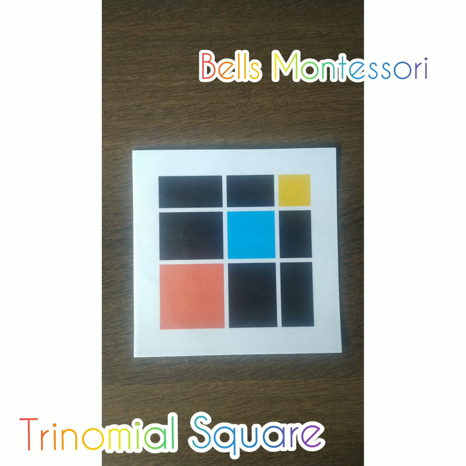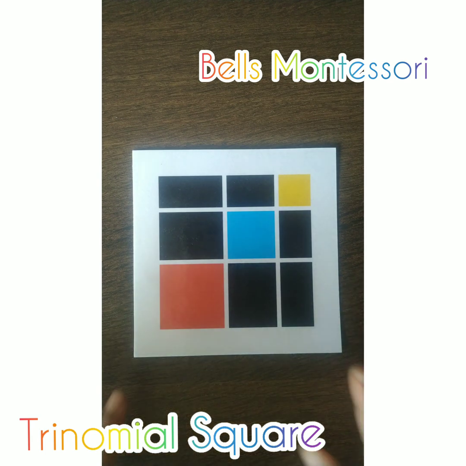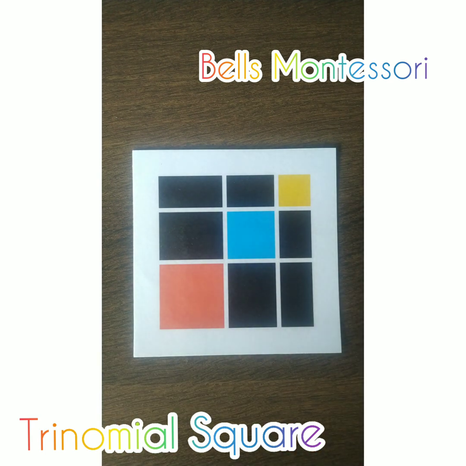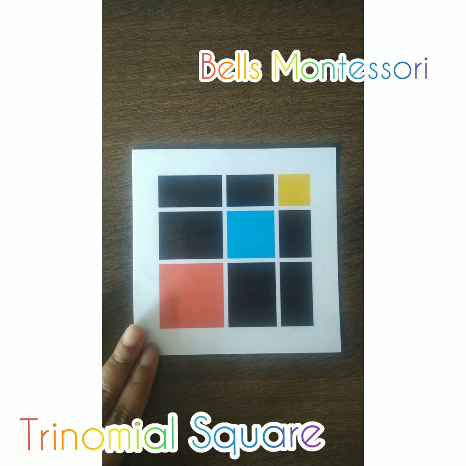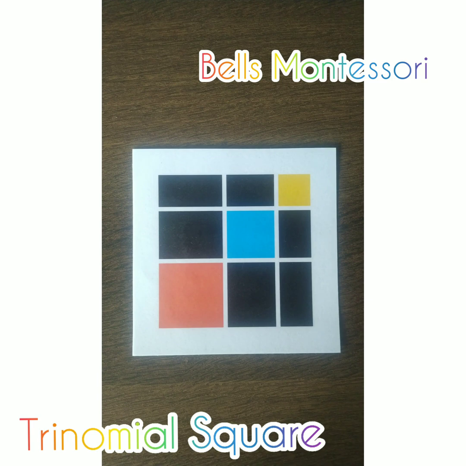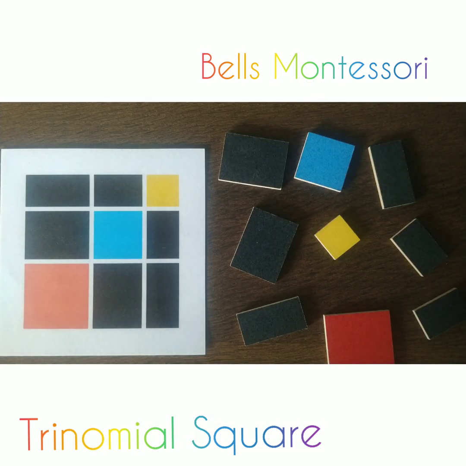Yes, now let's do how we can do the things. So there are two types we have to do. One is that you have to build the same figures here with the material which we have already given, and one without the base you have to construct. Now let us construct it with the use of the base. Let us see how to work with the trinomial square, first using the base.